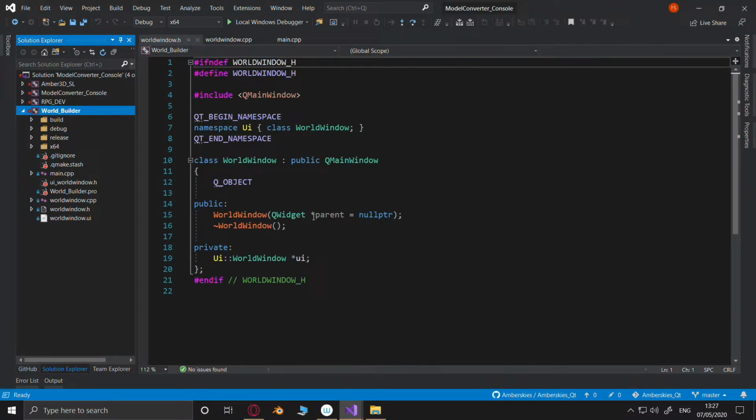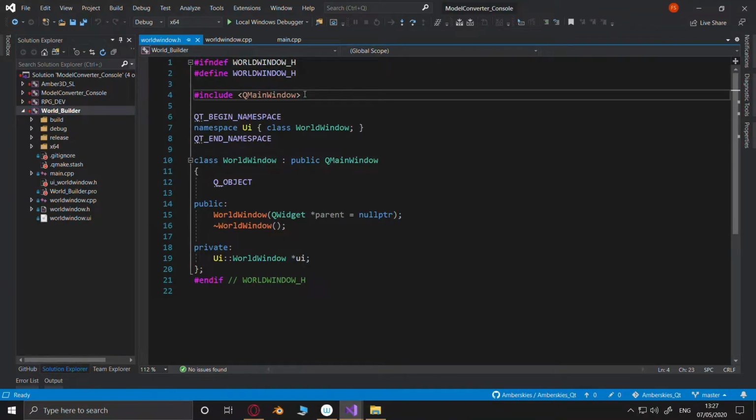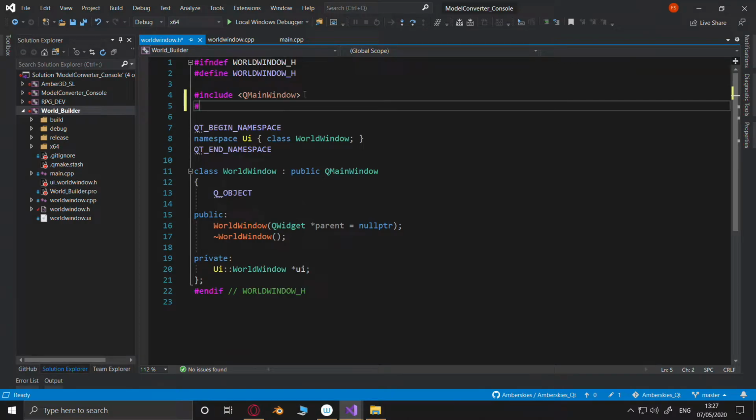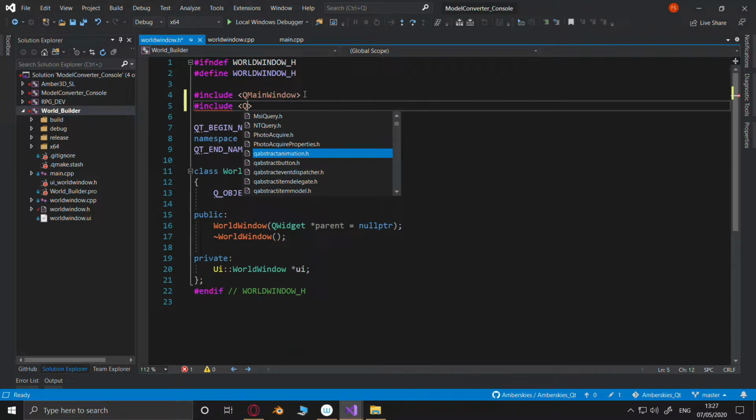Now, the first thing I want to play with is this Q main window thingy, because I know for a fact there is a Q open GL window.